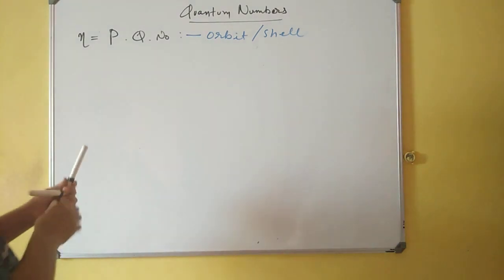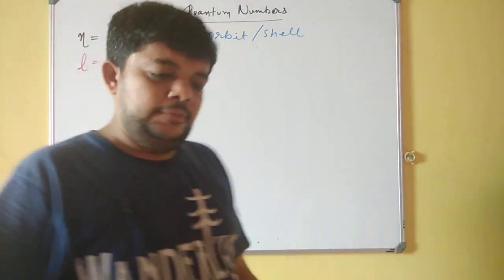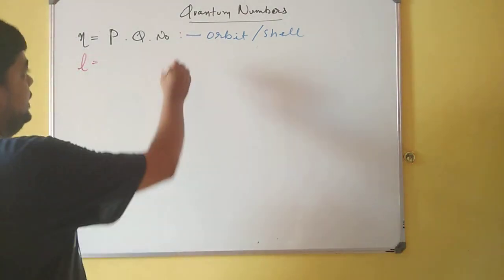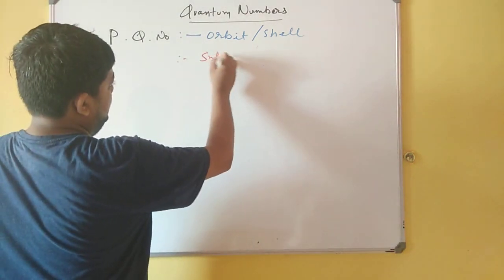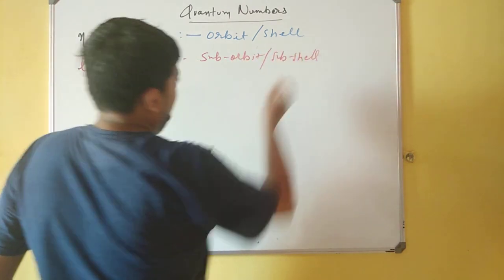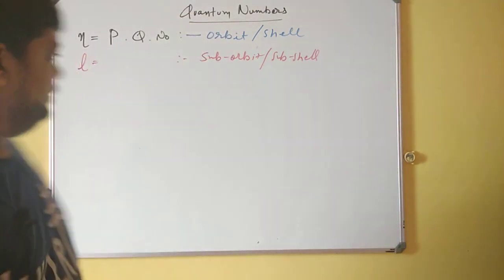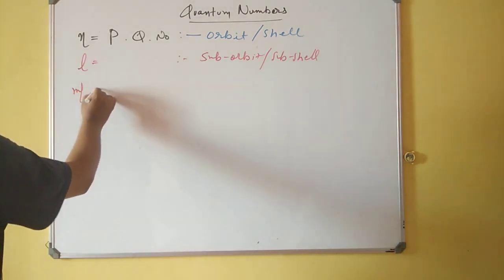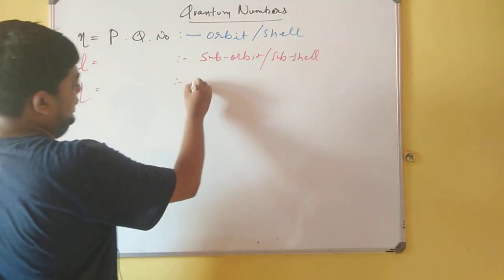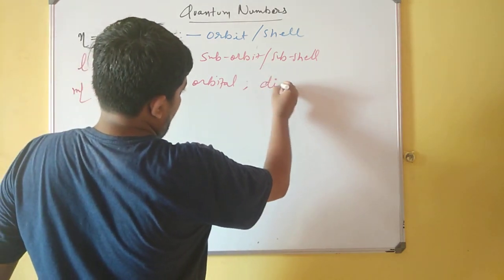Going a step ahead with l, the angular momentum quantum number, it helps in determining the suborbit or subshell. Nevertheless, people say that the shape of an orbital can be determined. Truly right. Coming to ml, the magnetic quantum number, it helps exactly in determining the orbital and